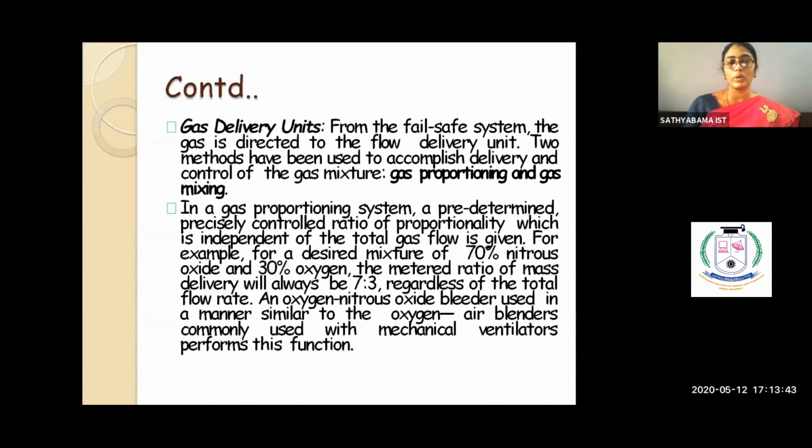So as you can see over here, a gas proportioning system. So as we said, I need 70% of nitrous oxide and 30% of oxygen, right? So we have to give it accordingly. So the gas proportioning system will have a flow meter, right? So it will have a flow meter and a needle valve in that, which mixes that particular quantity of your nitrous oxide and oxygen and then sends it into your machine where it mixes with the anesthetic agent and goes into the subject. So that's gas proportioning.